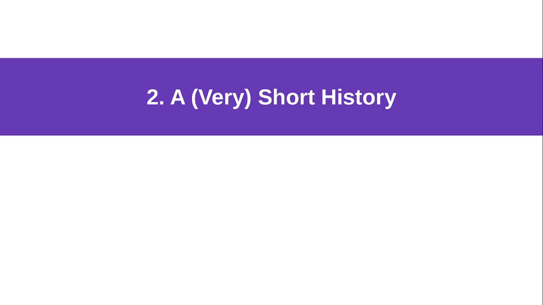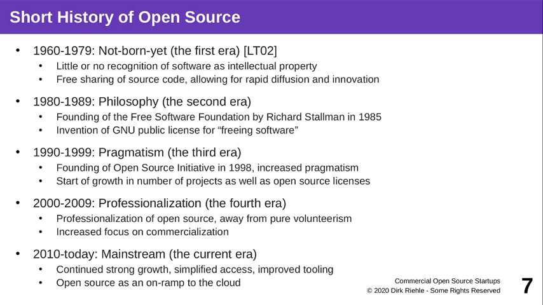So let's take a look at the history of open source. In the beginning, when software was being coined and recognized as an independent artifact separate from hardware, there was little recognition initially of software itself, but certainly not of open source software. The concept of open or free software at the later time wasn't even recognized as such. However, people were often freely sharing source code because so little commercial value was attached to it.